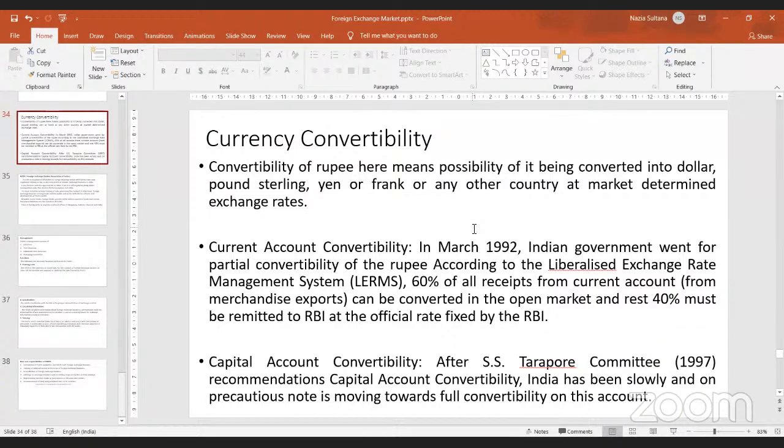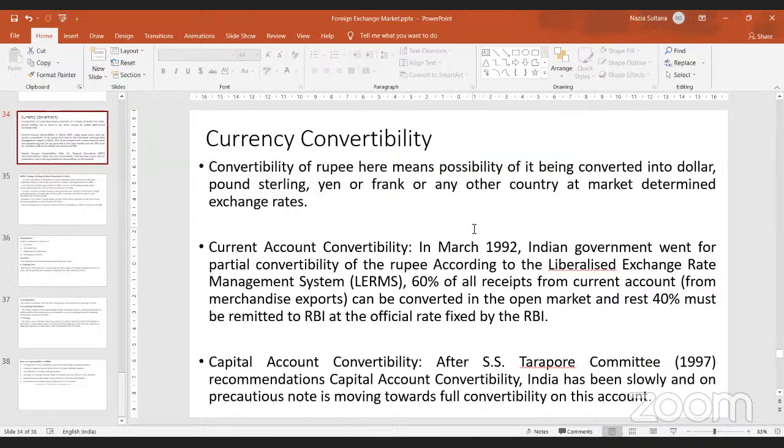Then you have now the currency convertibility, which is there. That is the possibility of converting your money into other countries' money at a determined rate. Here you have two types of accounts. You have current account convertibility and you have capital account convertibility. Current account means all receipts and payments which are happening on account of visible trade, that is merchandise. Your goods which you can touch, see, feel, these are all visible trade. So on account of your merchandise, whatever receipts and payments you are making, they will belong to your current account.